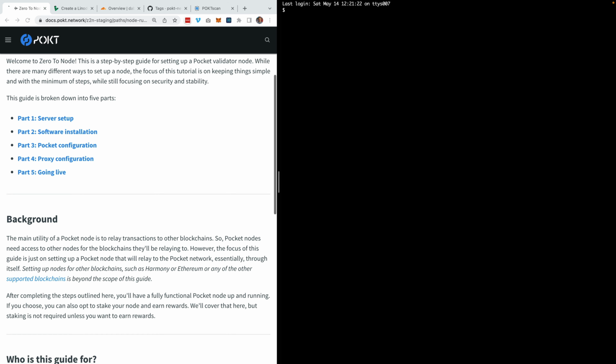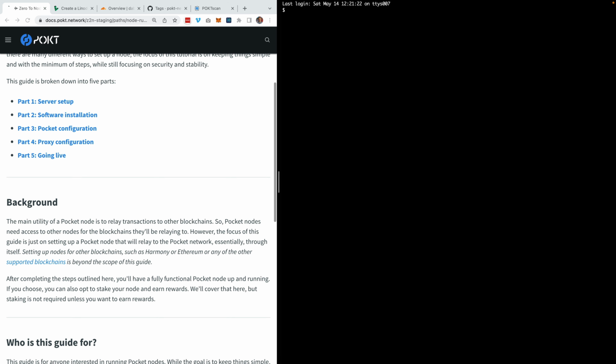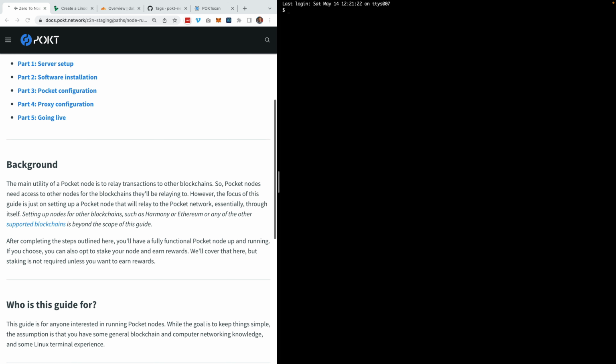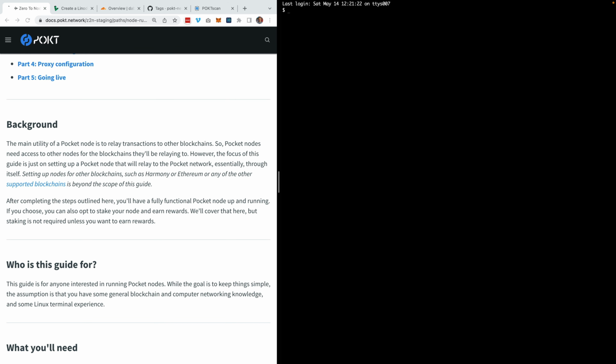And if you're interested in staking your node, which we'll talk about later, you don't have to do that to go through this tutorial. But if you're interested in staking your node for rewards, you can earn rewards if you're relaying to Pocket. So that's a good starting point. All right,